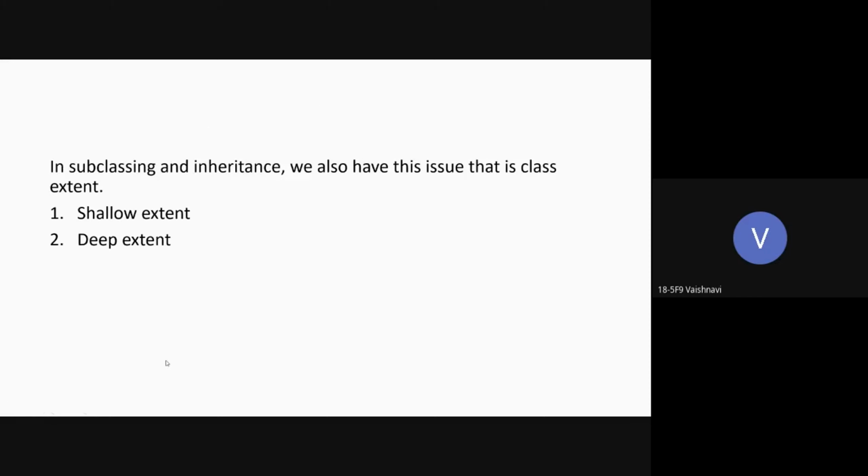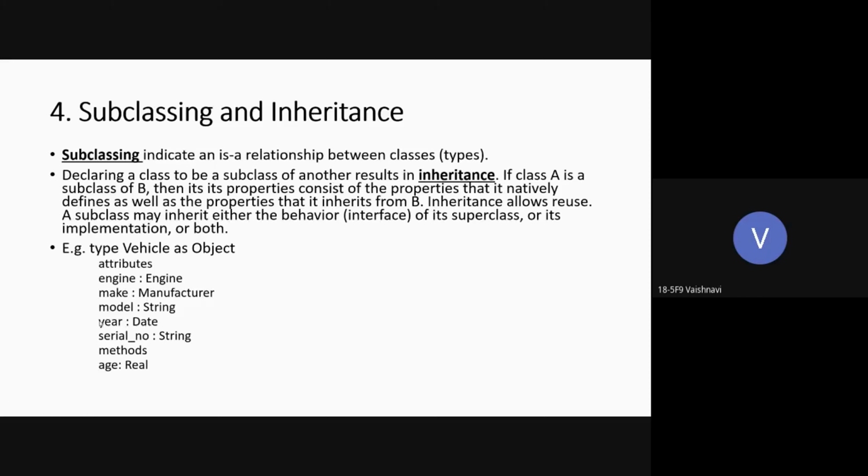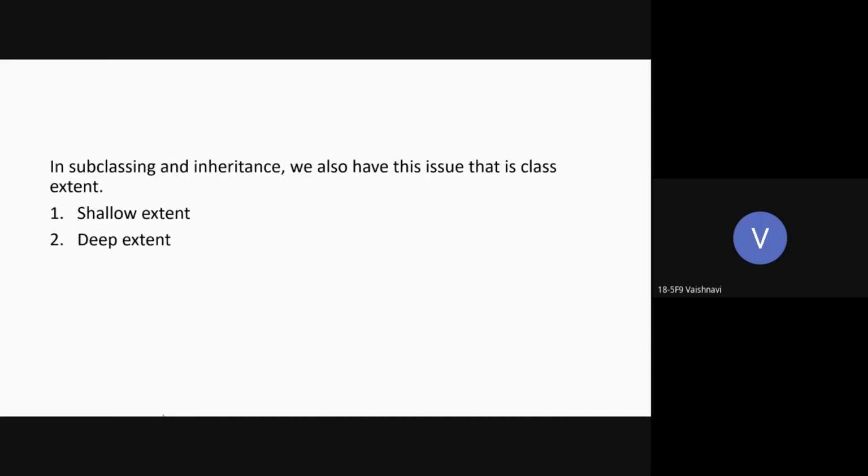Then, as I've said, if we write another definition like type car as vehicle, then car is inheriting the properties from the vehicle. The car has the vehicle common properties, and it itself has some of its own properties, which are not present in truck and bike. So vehicle is a generalization of car, as I've said. It is a generalization of truck and everything.